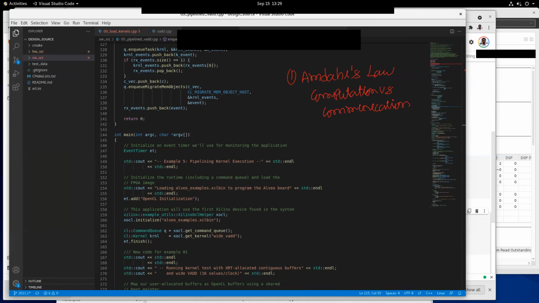So Amdahl's law, and then the second thing is data flow computations, how multiple modules can be connected with each other by using FIFOs. Third is hiding communication by overlapping it with compute, by chaining the events, using OpenCL, the framework that is given to us.